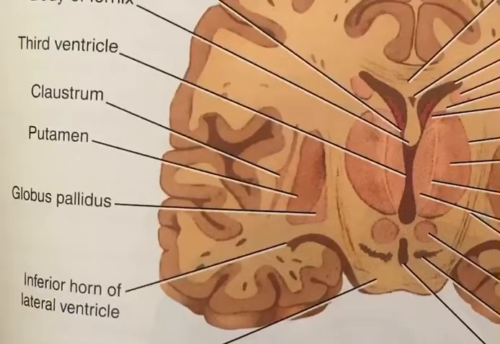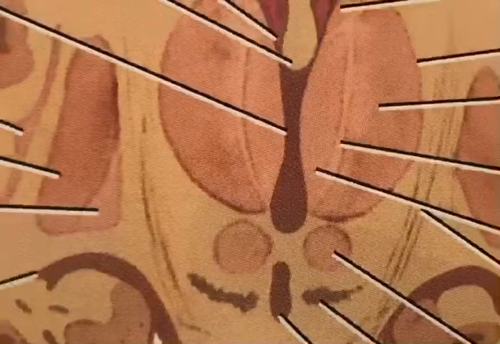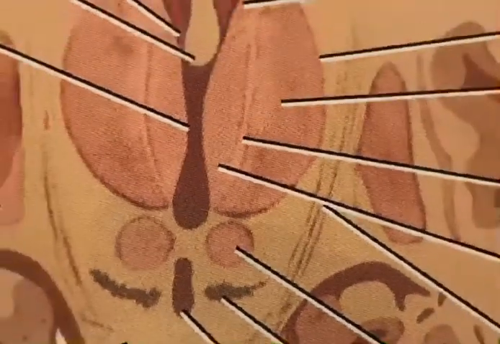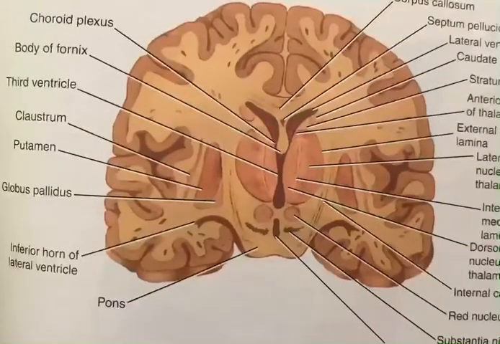On both sides of the third ventricle you have the thalamus. So both sides you have the thalamus, two thalami, and beneath the thalamus it continues down with the tectum of the midbrain. So you can see the red nucleus down, a nicely rounded structure. This is the overview of the thalamus, the first most important point.